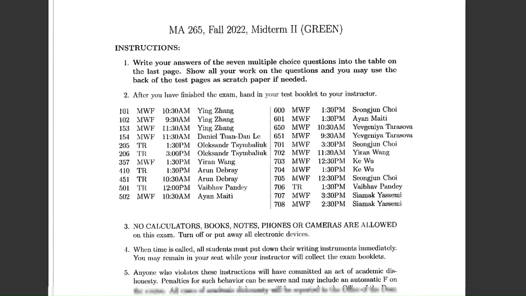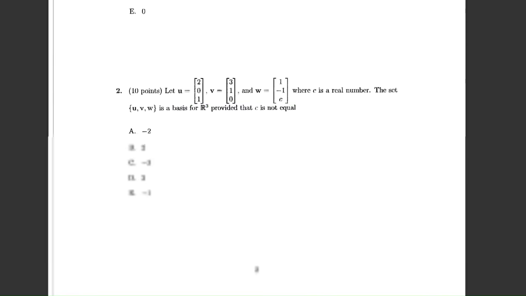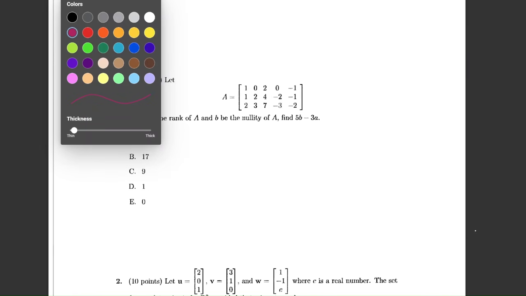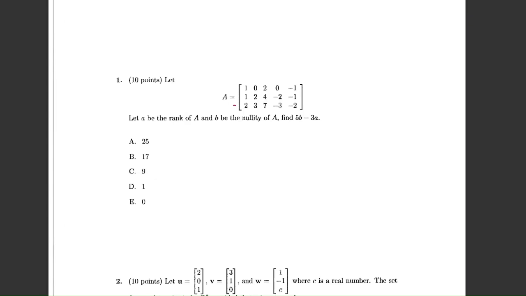Okay, so this is the midterm 2 for fall 2022 of MA 265. In this first problem, we have this matrix A, and we're asked to find the rank of A and the nullity of A, and find what 5b minus 3a is, where b is the nullity and a is the rank. So the first thing to note is that rank is the number of non-zero rows in the row-reduced echelon